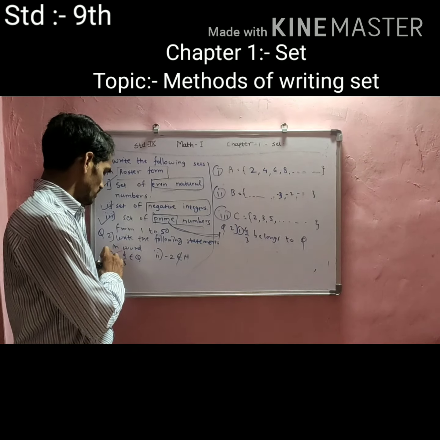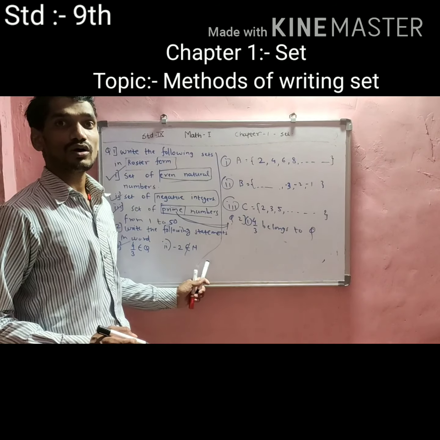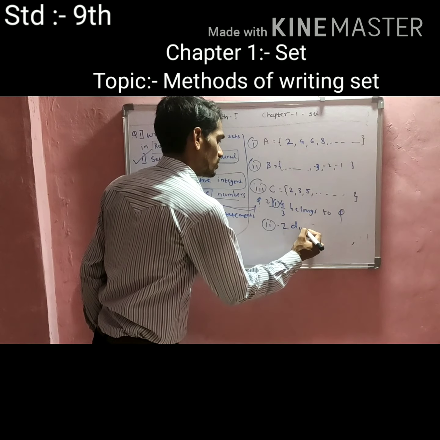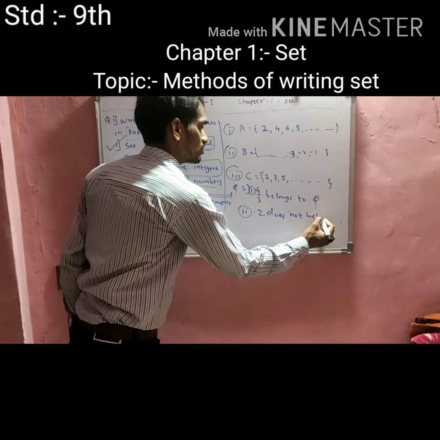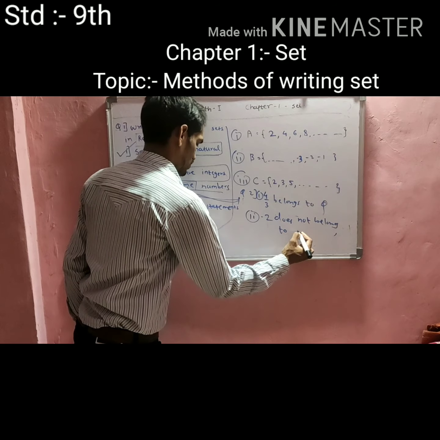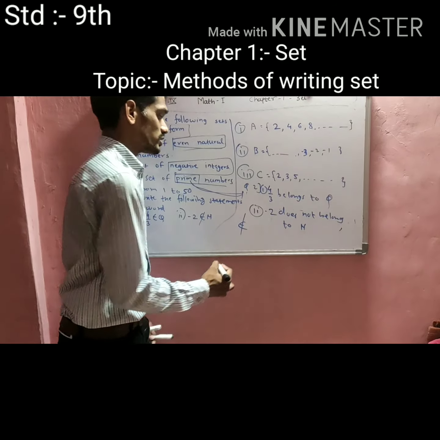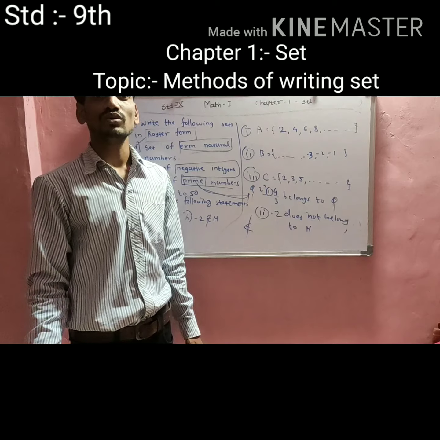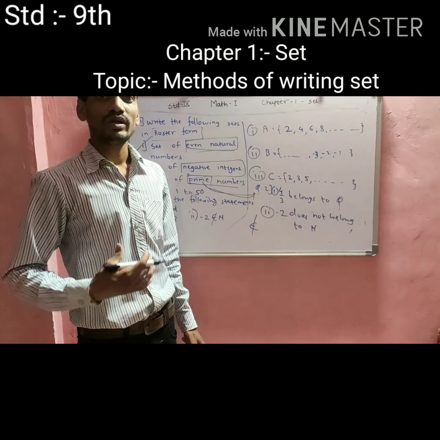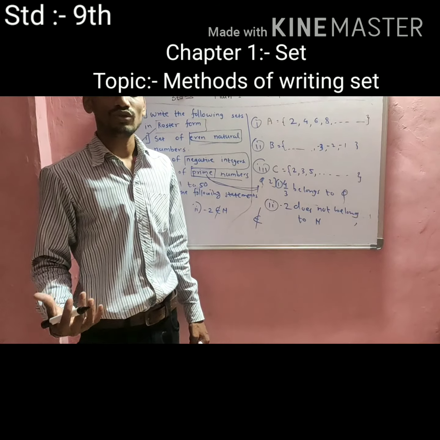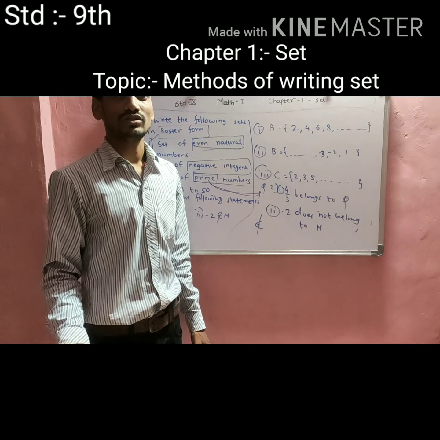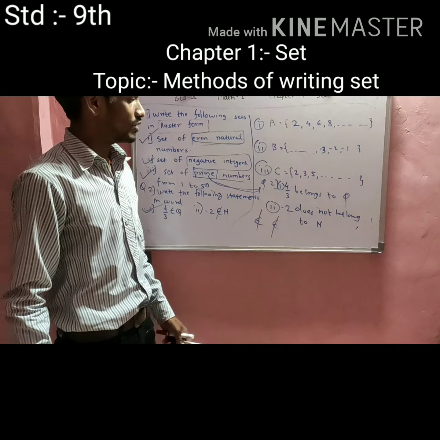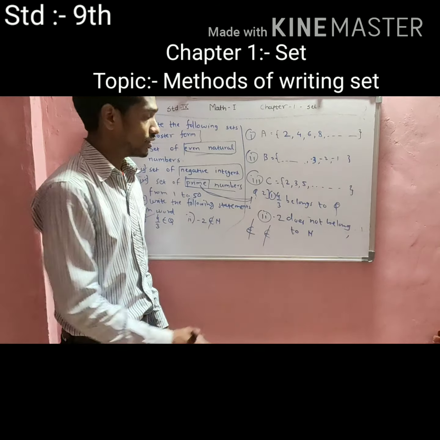Okay, students, we have solved this. So -2 does not belong to M. This symbol represents does not belong to, meaning it is not a member of the set. For example, Nikhil sir belongs to Maharashtra, but does not belong to UP or Madhya Pradesh. So does not belong to is written as ∈ with a line through it, and you have to write it in this way.